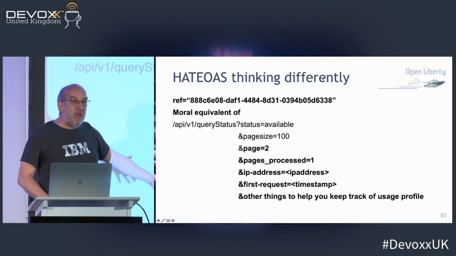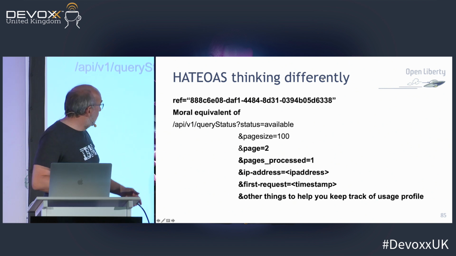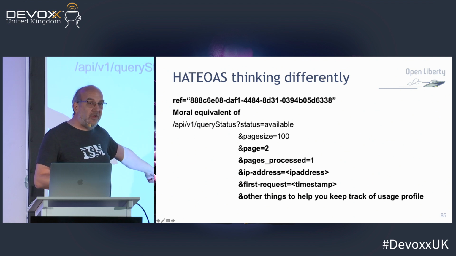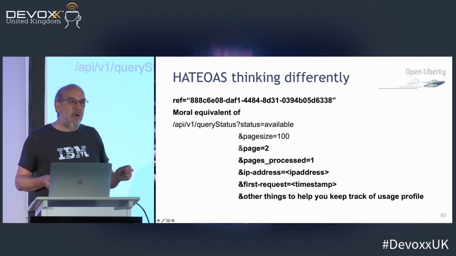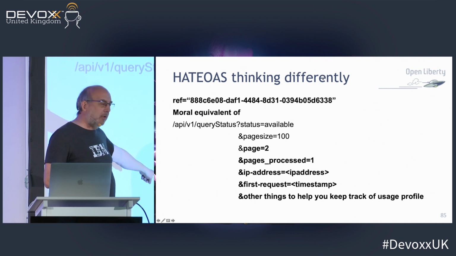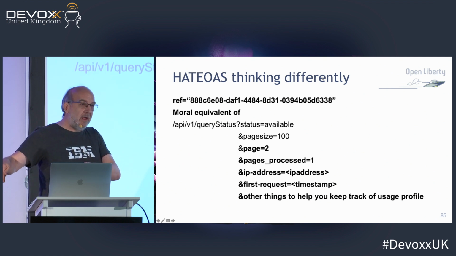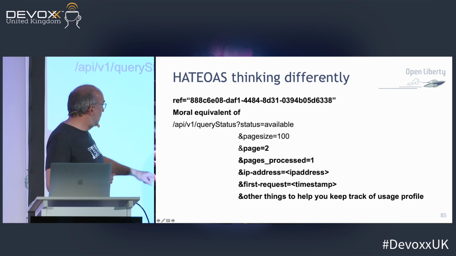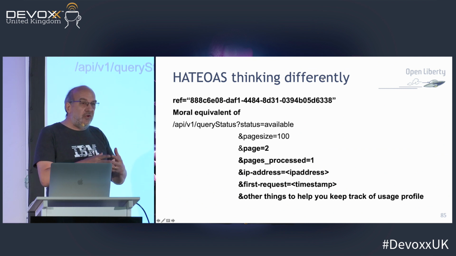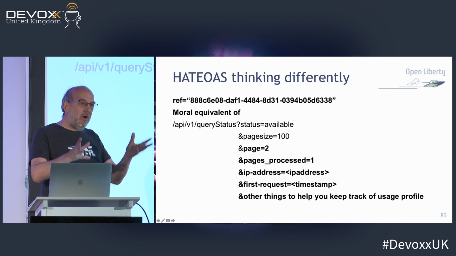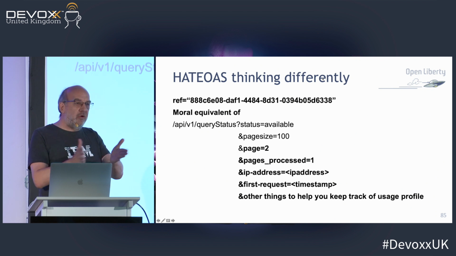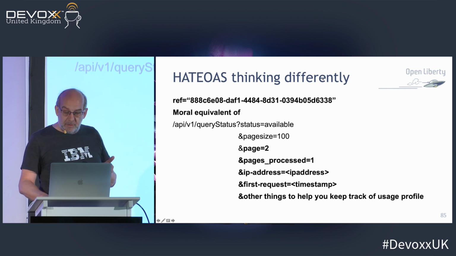It may tell you what the IP address of the caller is, right? It might tell you when you started. When did he make the call to the front door? How long has this session been going on, right? And you're doing this in ways that he can't see that you're tracking, right? And anything else you think you want to do to check the profile of this user and to make sure they're not wandering off and doing bad things, okay?